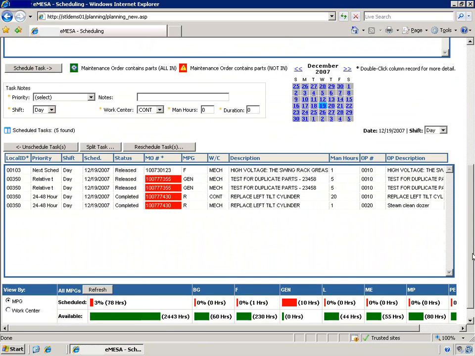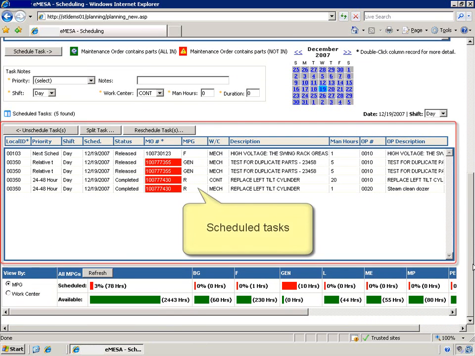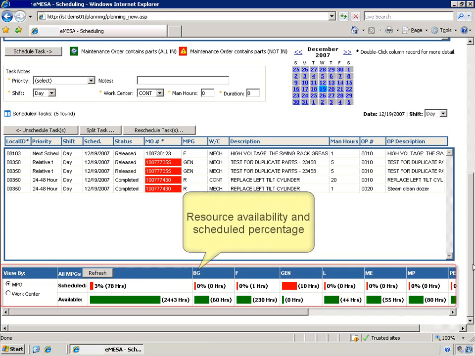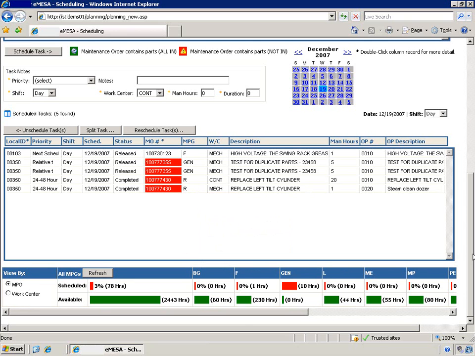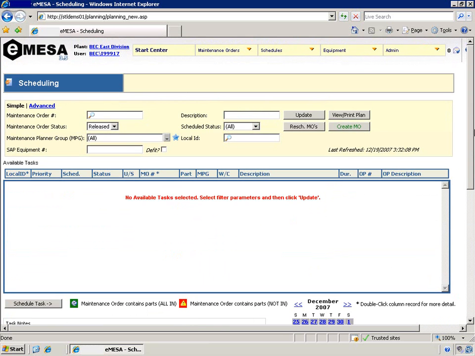The next area on the screen is the scheduled tasks. Once an item is scheduled, it is moved from the backlog grid to the scheduled grid. From here, a task can be split if it is to be performed over any number of subsequent shifts. The available resource hours are shown on a shift-by-shift basis, as is the hours scheduled by planning group. As the scheduler schedules hours, an updated bar chart will display showing how many of the total hours have been